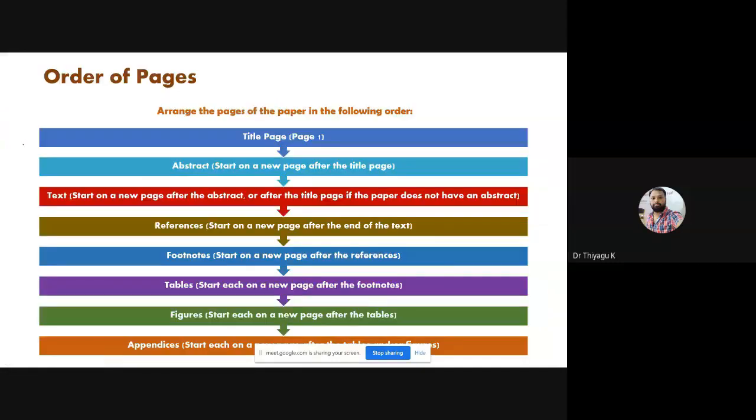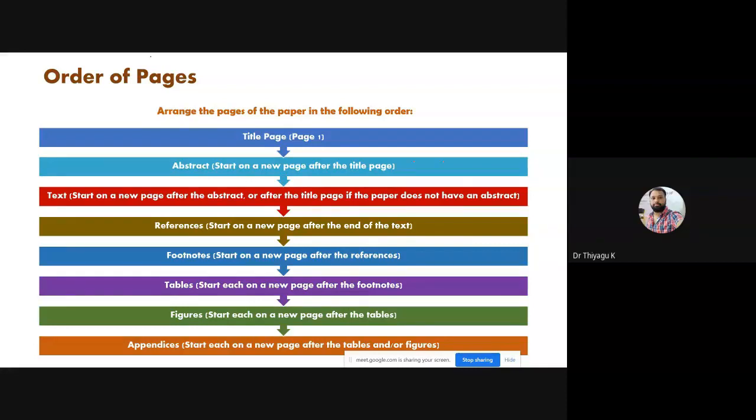Then what is the order we have to follow when you're creating a paper? One is the title page, then abstract. This is for the research article, not for the thesis or the dissertation. When you're writing any article, even if you publish an article during your MA, that is good. When you're applying to colleges, they may ask how many publications you have done till now. So I request the students to start your publication work immediately, because while you're going for the interview, it may help you. The title page, abstract, text, that is the content, then references, footnotes, tables, figures, and appendix. This is the order we can go with.